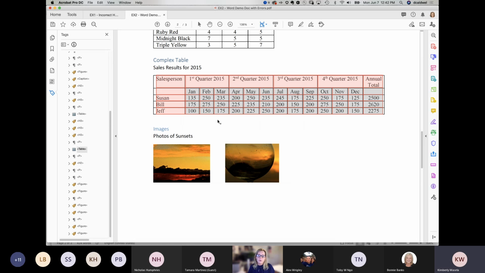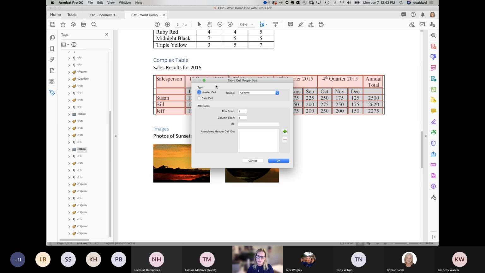Previously, merged cells were not supported in an accessible PDF, but they are now. And we're going to talk about how we go in there and make sure that this is identified properly. All right, so I'm going to go back and click just on Q1 2015, cell properties. I'm going to take this a step further. So we have the header cell identified, we have the scope as column, but what I need to do is make sure that it knows it is spanning 3 columns